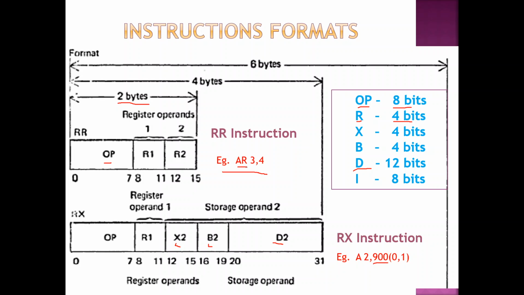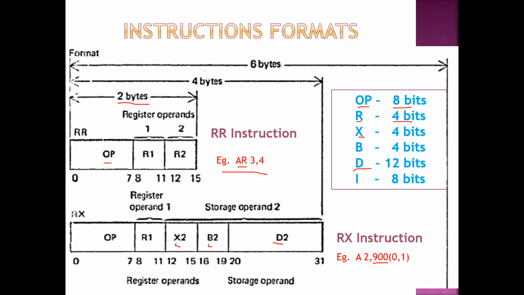The next type of instruction is called the RX instruction. Whenever there is X, you should remember that X here represents the index register, which means my instruction will definitely have an index register. Why am I saying my instruction will have an index register? Because usually we don't have the index value. Only if you're going to specifically use the index register, we are going to specify it. Otherwise, we will not deliberately specify the index register, or we will assume that the index register value is 0. This type of RX instruction will be using the index register also.